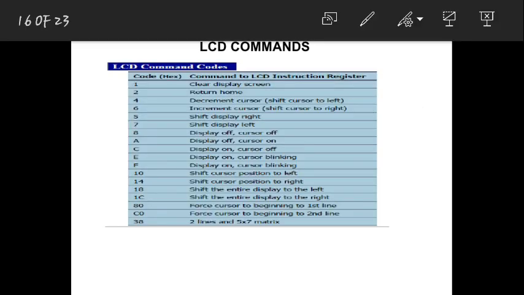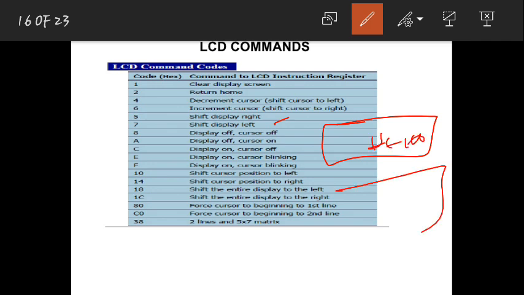Here you have different commands like decrement and increment, which we have seen. Next, shift display right, next, shift display left. That means in your LCD, whatever you are trying to write, if you shift display right, your hello will be to your right. Left means the hello shifts completely to the left. You are just shifting it to complete right or left. After that you will start to write from here. Shift right means the cursor will first shift here, and from here you will write the data in that way.